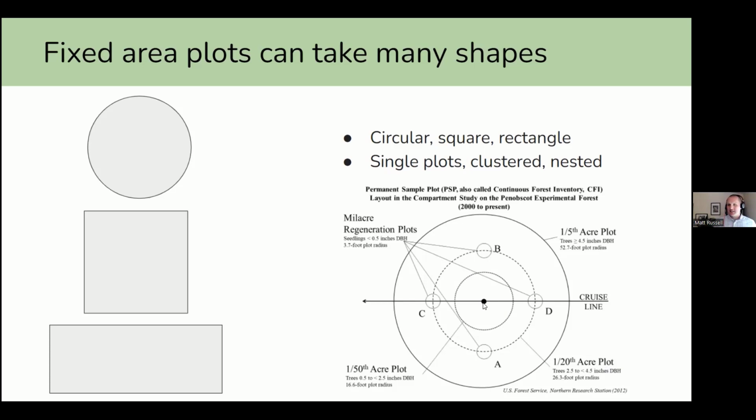And so you can kind of see the smaller the tree, the smaller the plot we measure them on, getting us to these milacre regeneration plots, which are 1/100th of an acre. And these are for seedlings that are less than 0.5 inches in diameter at breast height. And so all of this happens with just one plot center for all of these, but they're nested in a framework that allows us to sample them efficiently based on the size of those trees that we might find in the forest.